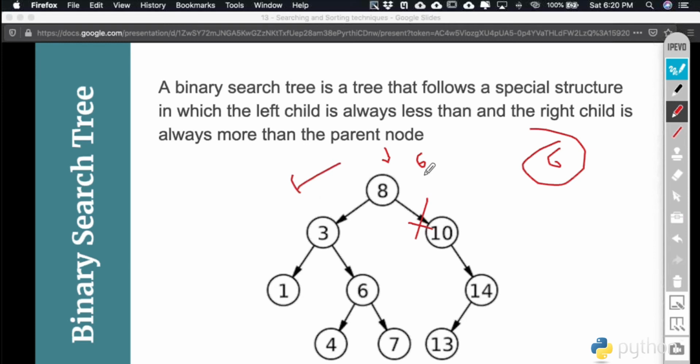Next I will make another comparison with the next root, and this time I'm comparing with 3. You see 3 is less than 6, or I should say that 6 is greater than 3. So this time I will discard the left part and move towards the right part of this tree. In every phase we are dividing the elements, and if this is a complete binary tree, we can achieve this log n level of complexity in searching data in a BST. So here you get the match, and once you get the match, you can return success. That's how you can compute binary search using a data structure we call a binary search tree.